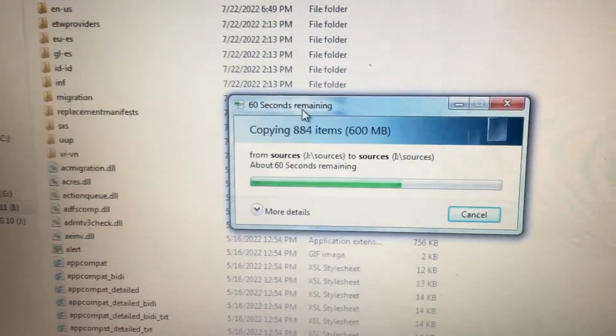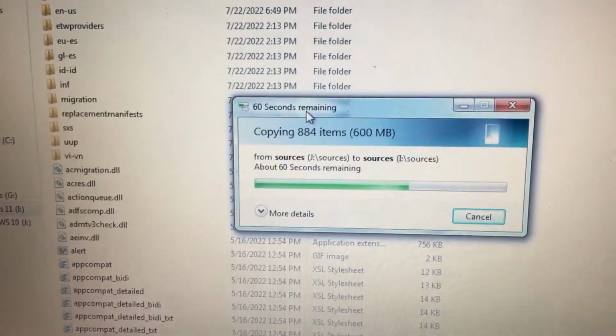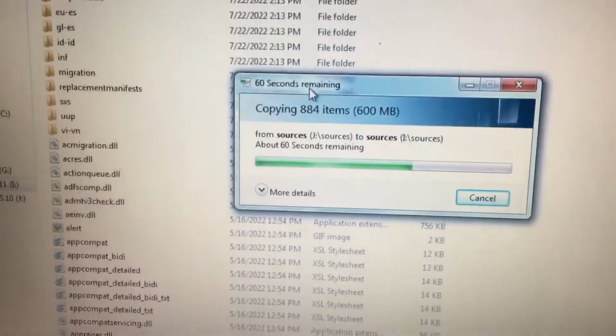Wait for a few seconds. Your Windows 11 bootable pen drive will be ready to install Windows 11 without getting